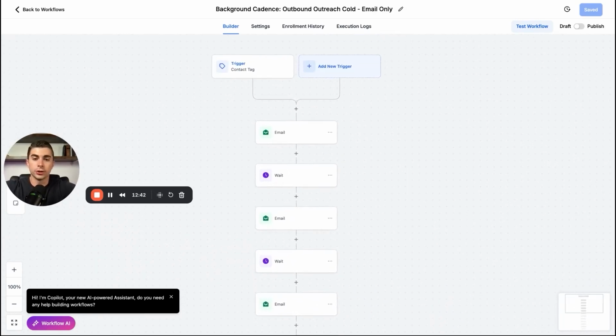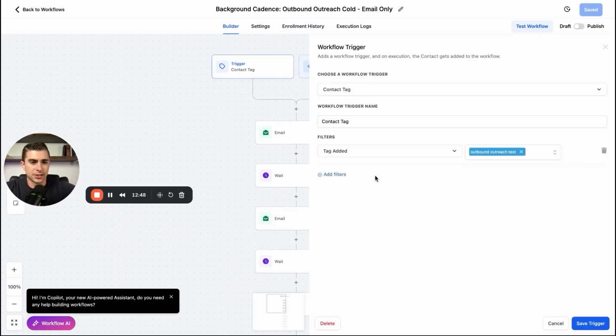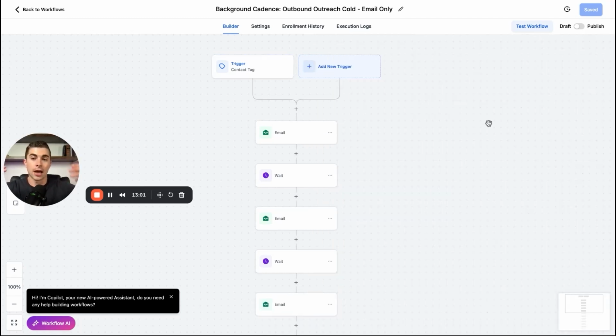So the way that I would trigger this or get this going was typically from contact tags, right? So you could go ahead and just say, hey, when I load in these contacts that I just showed you, when you're importing them into GoHighLevel, add the tag outbound outreach test. And then whenever someone got that tag, they would automatically go right into this workflow. Another way you can do that is, as I showed you before, you have the option to load contacts into different automations or workflows within GoHighLevel. So you can do it either way.